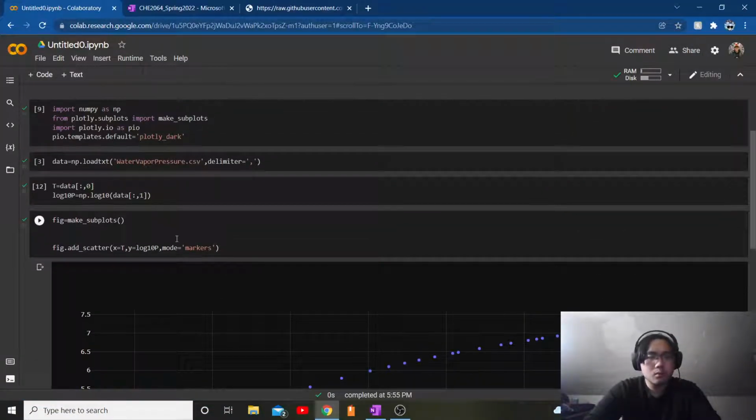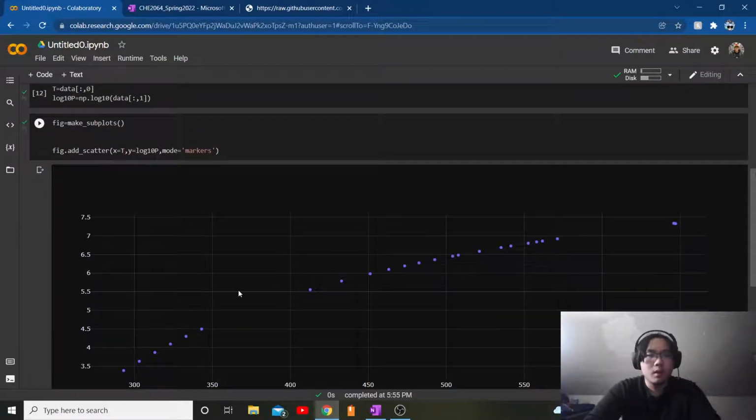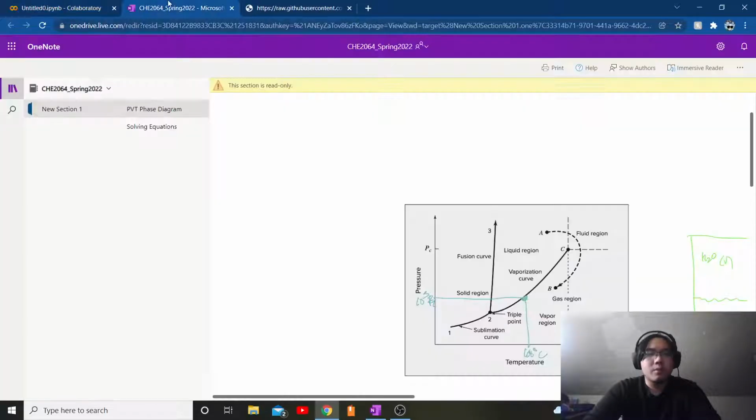So how would we even go about starting to find the line of best fit for this, or in this case, a curve of best fit, right? Well, you see, these temperatures and pressures come from a phase diagram. And these temperatures and pressures ride along this line here. And there's actually a specific equation that relates the two, and that is Antoine's equation. And so that's the equation that we will be using